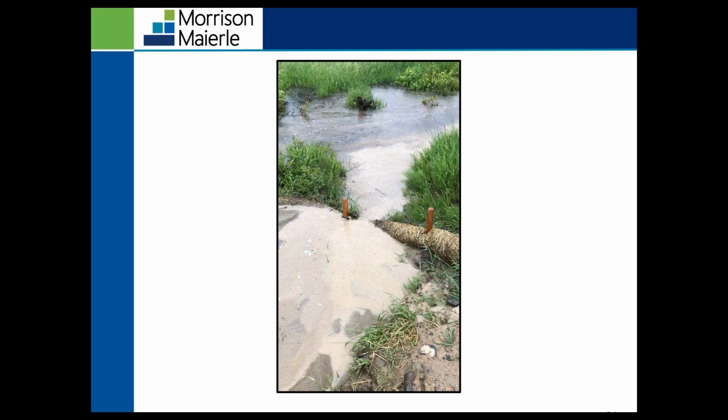You see the sediments overtopping the straw wattle. So a couple different ideas for corrective actions: replace the straw wattle with a different BMP, maybe a silt fence or earth berm, something a little bit taller, so the sediment doesn't overtop. Or you can also install some BMPs up gradient to control that stormwater volume and to control the sediment, so then that straw wattle is not being overwhelmed by the volume of the stormwater as well as that sediment.